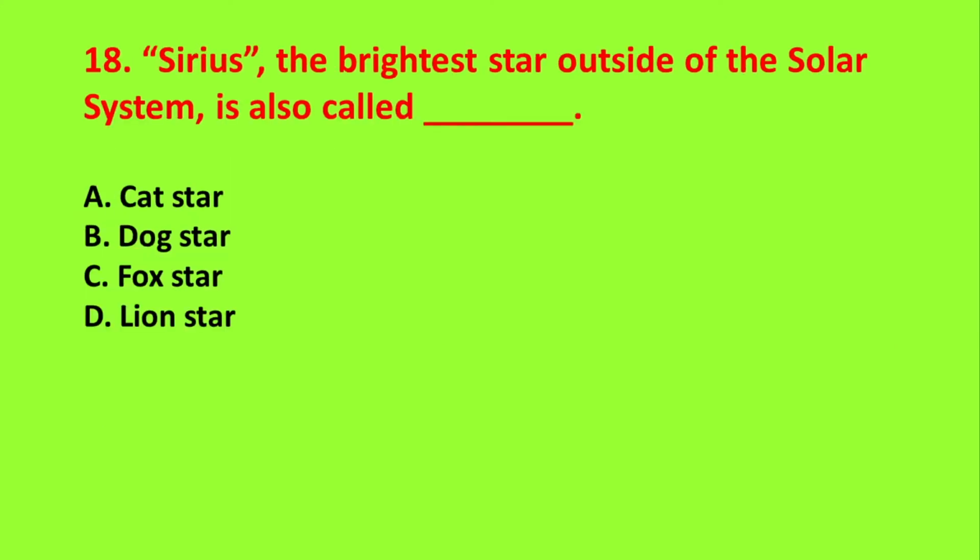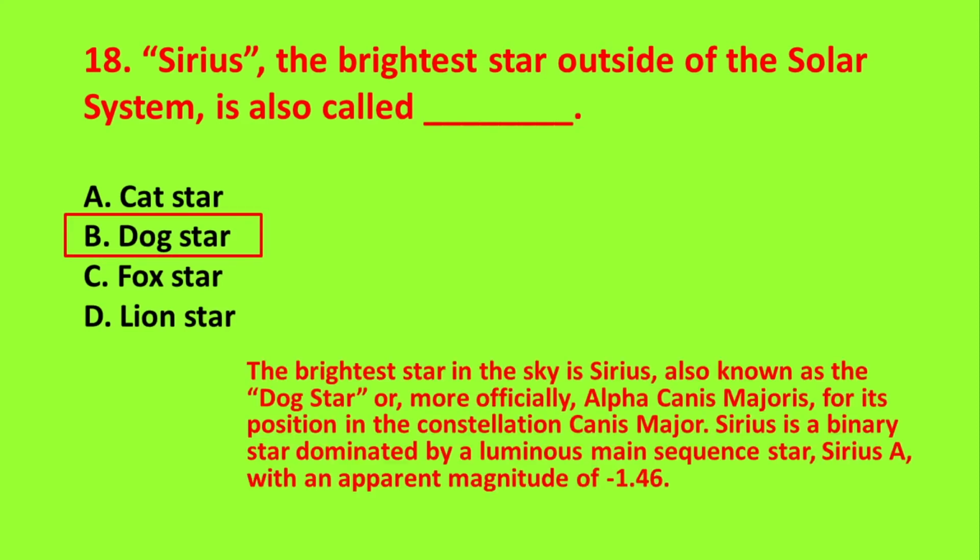Question number 18. Sirius, the brightest star outside of the solar system, is also called A. Cat star, B. Dog star, C. Fox star, D. Lion star. The correct option is option B. Dog star. For your kind information, the brightest star in the sky is Sirius, also known as the Dog star,